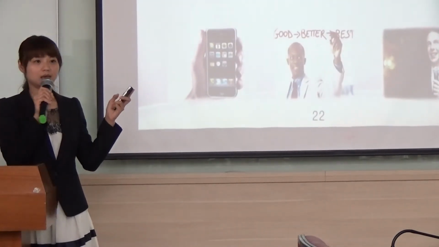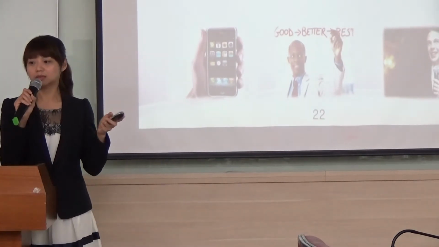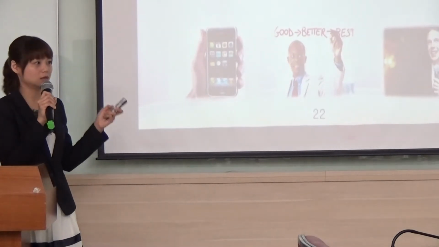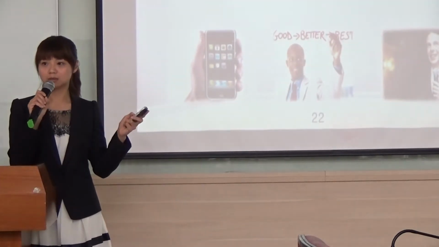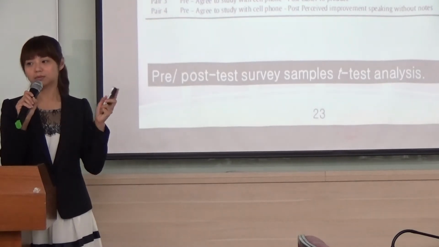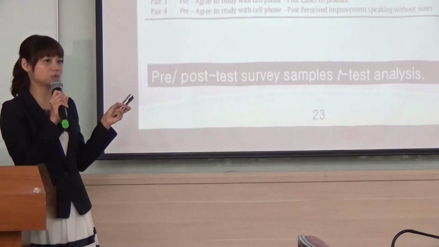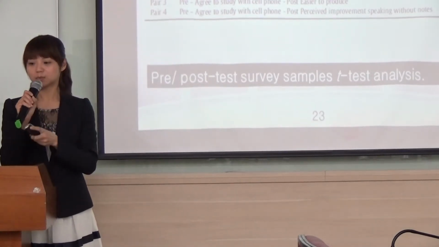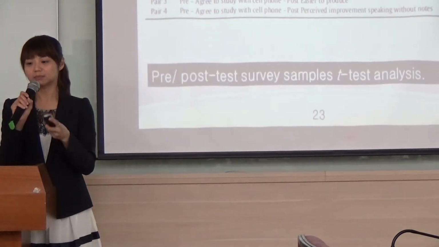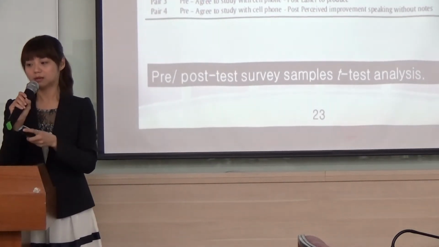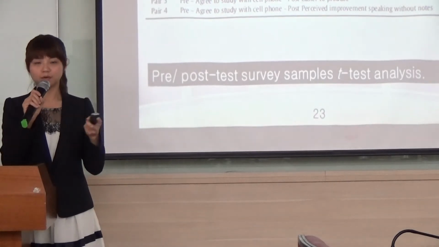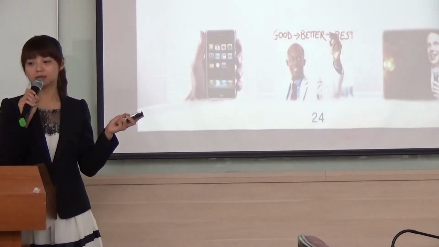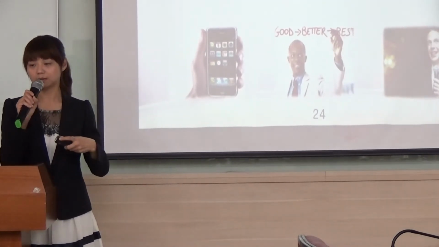And the second one, we can get another result from the post-test. Students really perceive a lot of improvement in their speaking performance, especially in speed, fluency, and speaking without notes. And in this part, we were talking about the result from the t-test. This approach is used with data collected from one group at different points in time. This one is used to analyze the pre-survey and the post-survey to know the differences between the pre-test and the post-test, and it shows that there is a significant difference between the pre-survey and the post-survey.